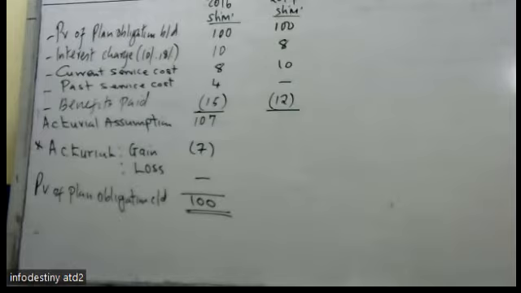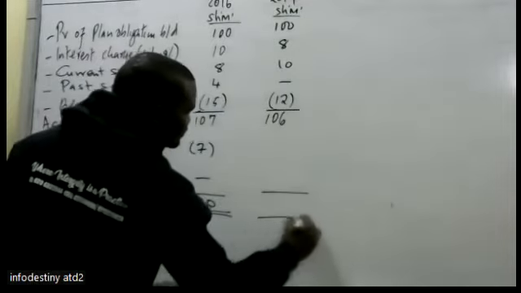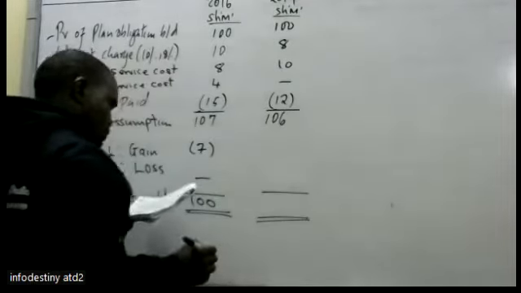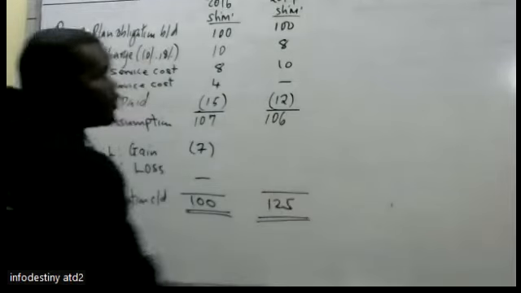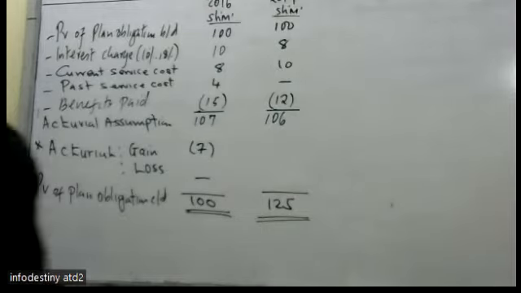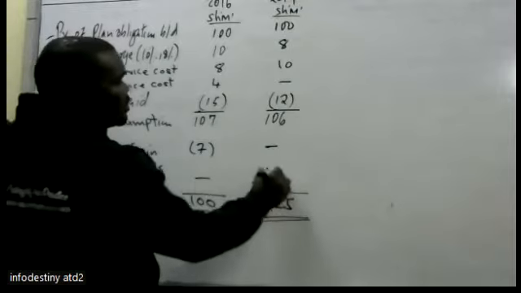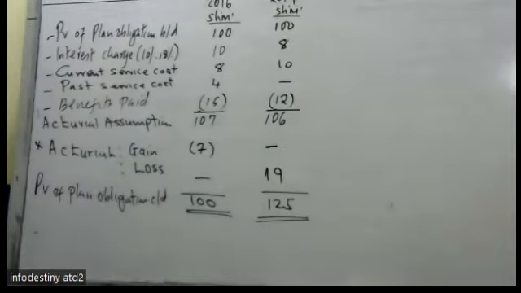$106. So give us that 106. Actual outcome in the scheme, 125. Have we gained or have we lost? We have lost. The obligation has gone up. So we have lost by how much? 19. That you add to the obligation. So we have determined the actuarial gain or loss on plan obligation and you get 1 mark.